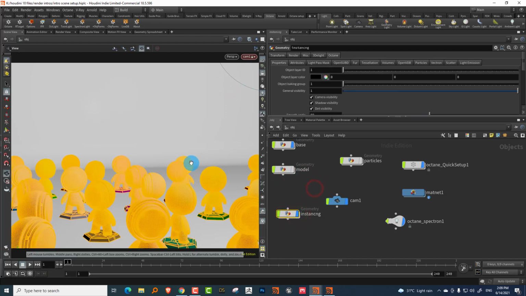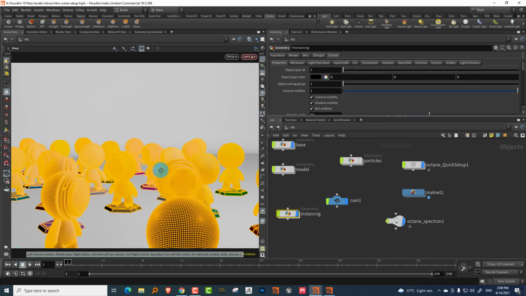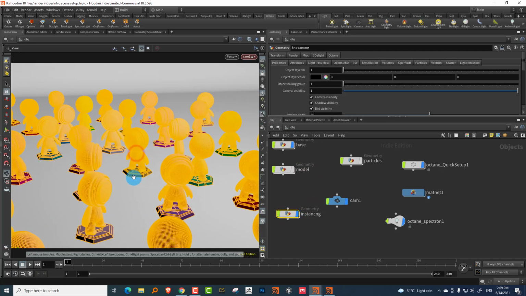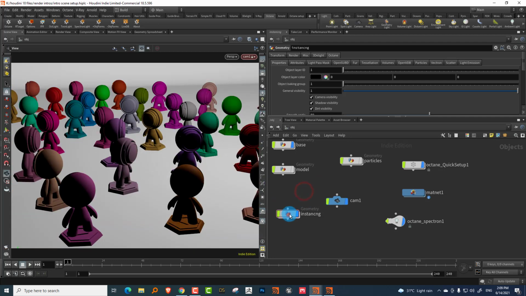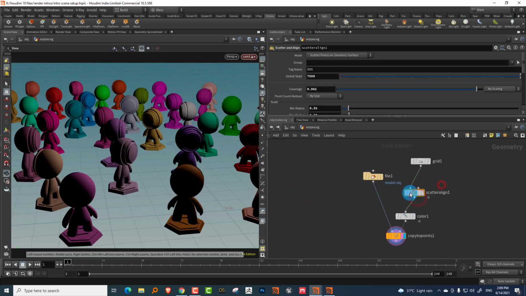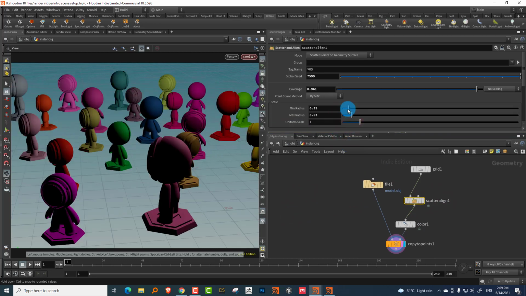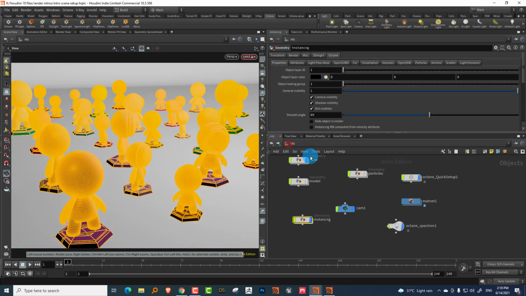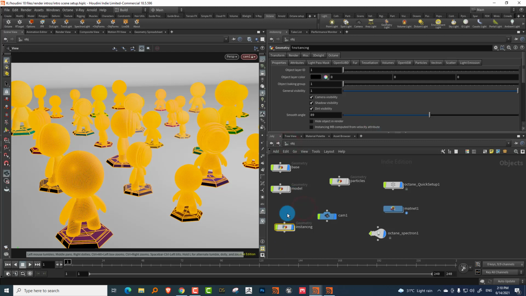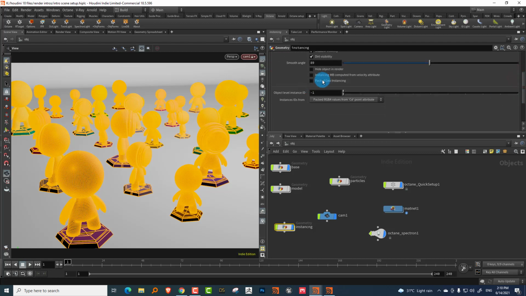When it comes to instancing, Octane can't pick up attributes from instances. That's still a limitation it has, but there is a workaround for it. So what you can do is, the first thing is, if you're doing packed primitives, make sure that in the Octane properties, you turn on this button which says packed geo instancing.